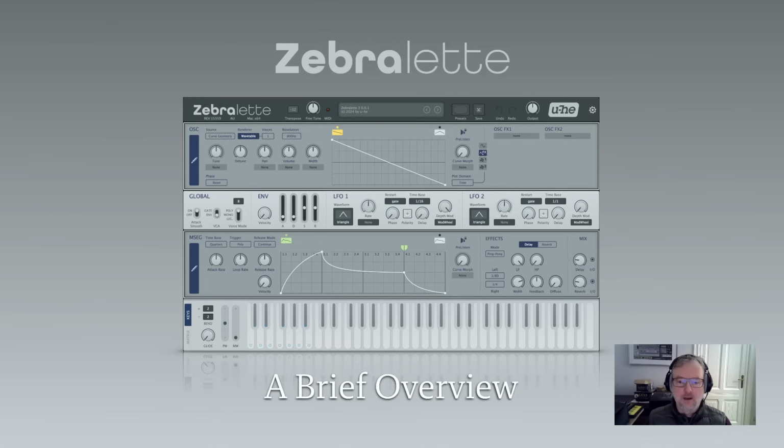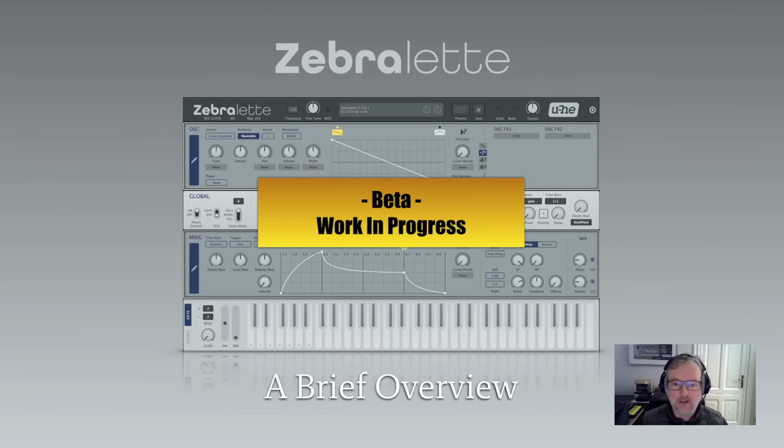Zebralette 3. And so here are a couple of slides that I go through first, and then I'll do a bit of a live demo, basically. So Zebralette 3. Most important thing, this is a beta version, it's work in progress, it's nowhere near finished. Although I think it has all the features that we want, but there may still be glitches, particularly in the